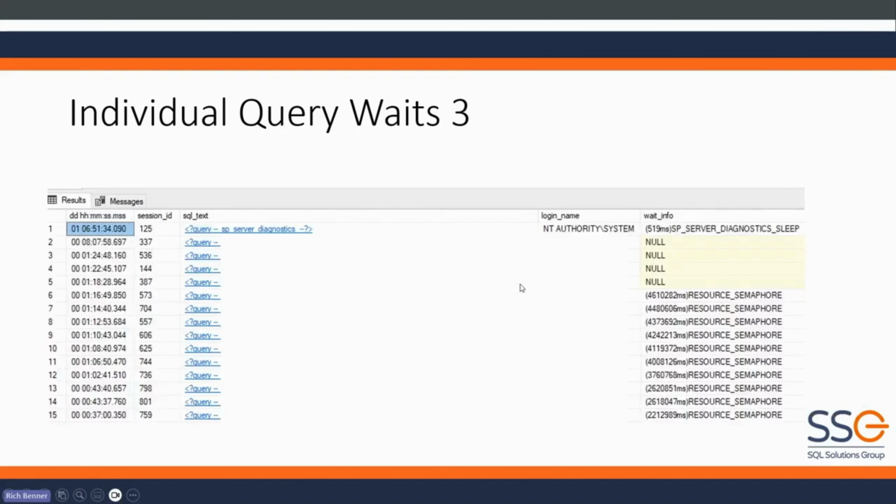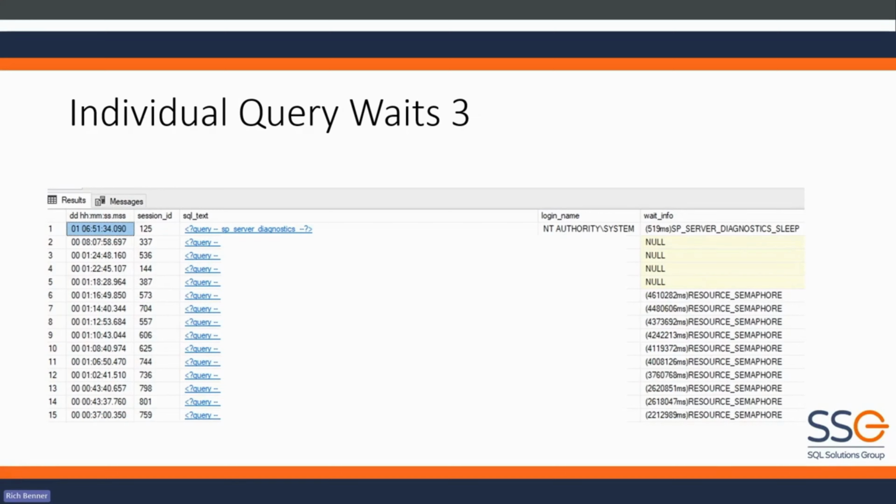Okay. This might be the last one. I can't remember. So this one was another problem. Customer came on, things are unresponsive, we can't run queries. Now, I ran who's active and saw resource semaphore wait and went, okay. So going back to the poison weights slide, we know that that's a bad weight if we